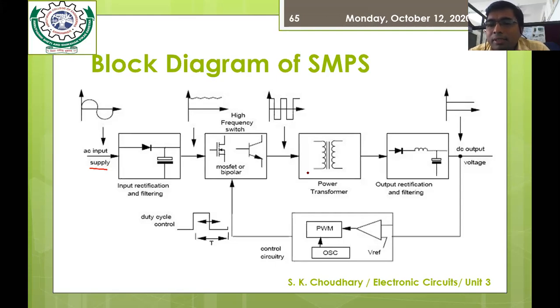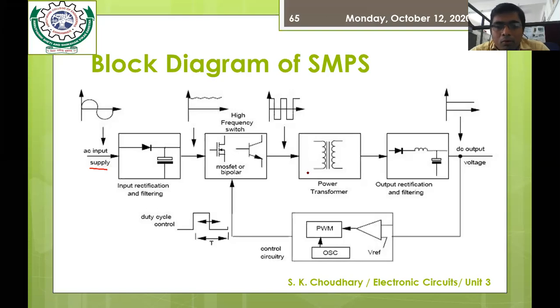So we generally use the LC filters here. The inductor and capacitor would further smoothen out the rectified signal, and a nearly constant DC output voltage would be obtained, or maybe some ripples would also be present, and this DC signal would be further fed back to the switching device through the oscillator and PWM circuit. So in this way you can see we obtain a constant DC output from an AC supply. So this is the whole function of this SMPS.